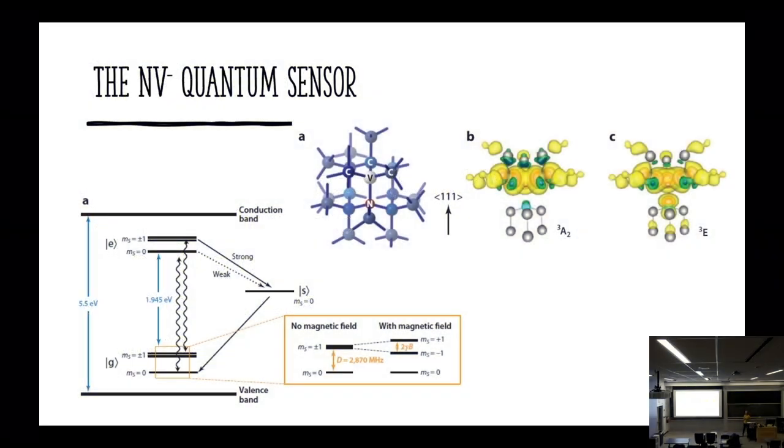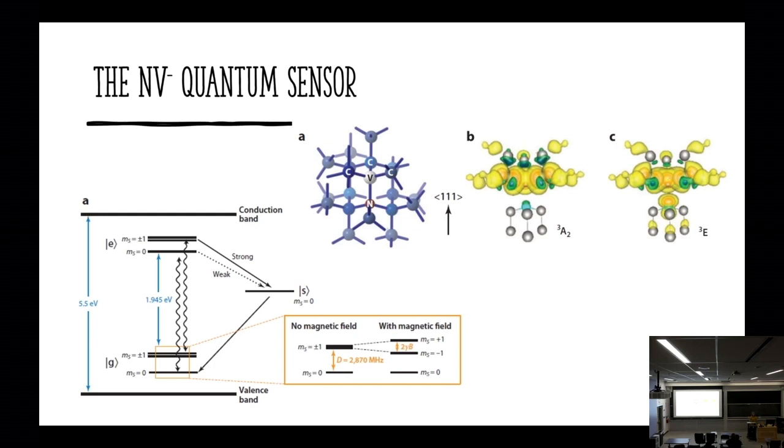Today, folks, we're just going to start by revisiting the NV minus sensor. And then we'll go on to begin our little math boot camp. So just to wrap up our conversation on NV minus sensors, I wanted to remind y'all of the electronic structure